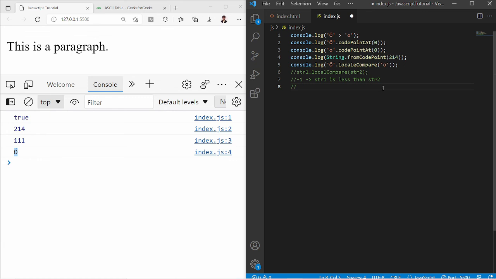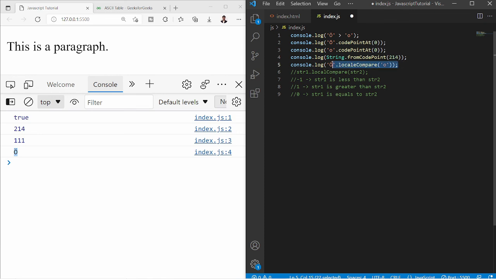If it prints a positive number or 1, then it means str1 is greater than str2. And if it prints 0, then it means str1 is equal to str2.